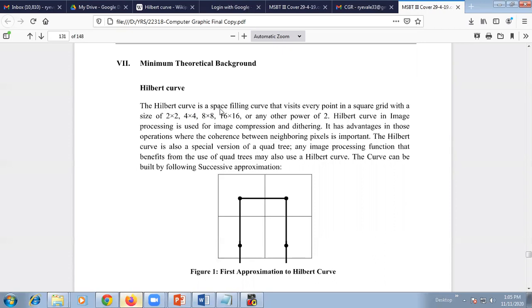The Hilbert curve is a space filling curve that visits every point in a square grid with a size of 2 into 2, that is two columns and two rows.